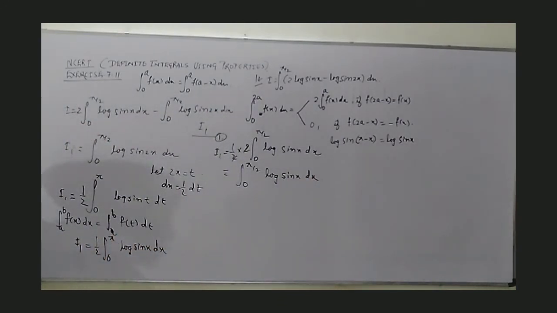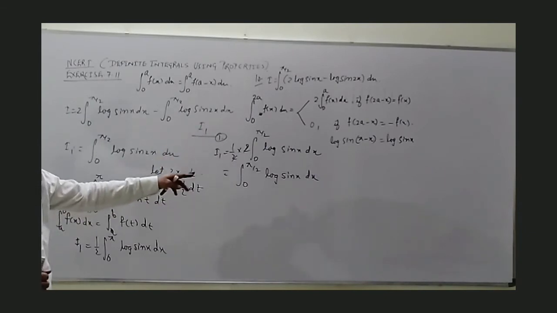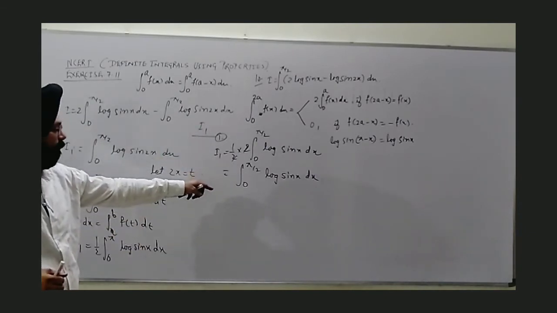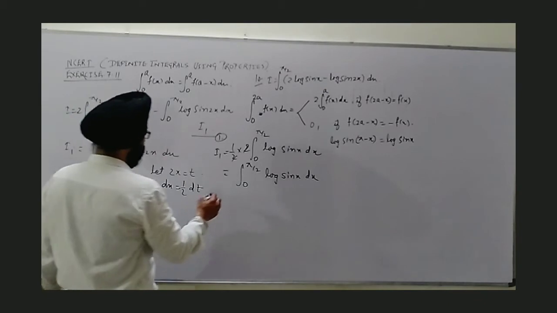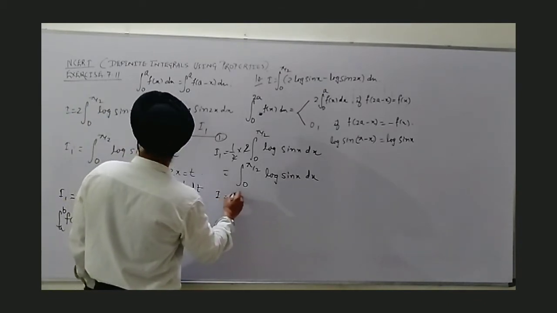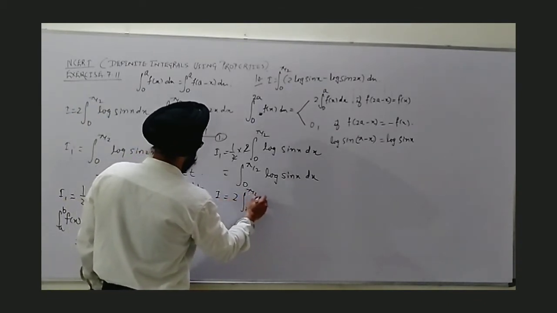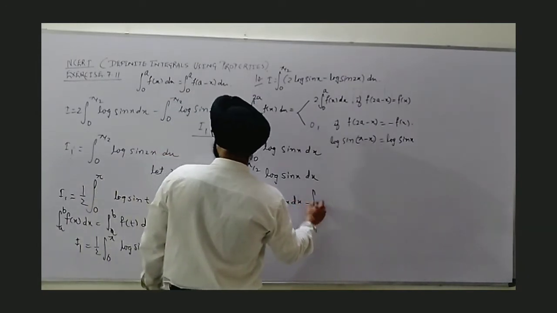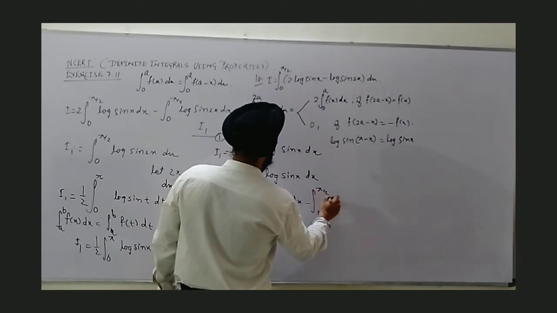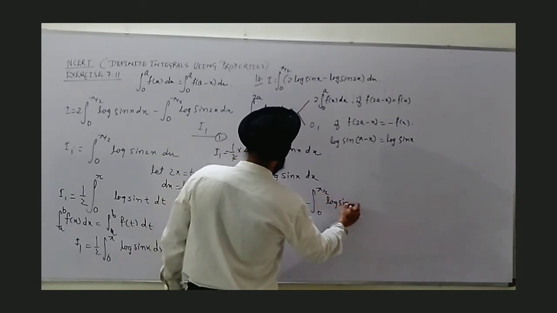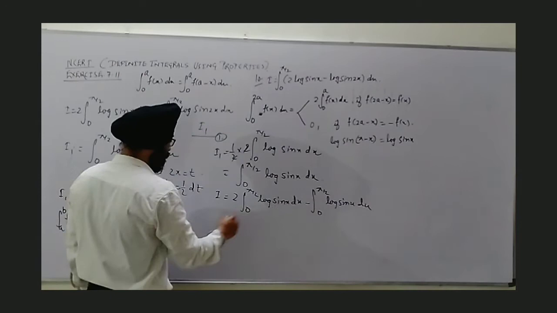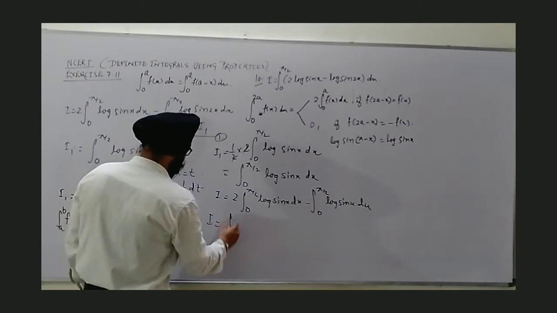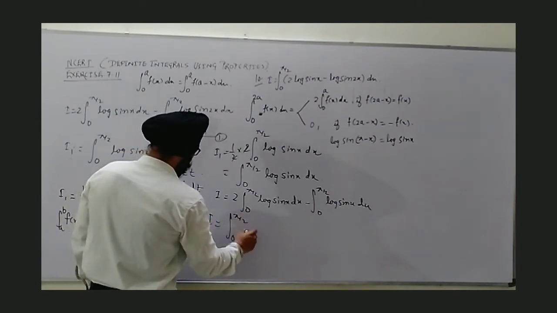I hope you understand. Here I have applied these properties frequently. Here was the first one, where I have used property number 6. Using them, now suppose I put the value of this I1 here as 1. So I can be written as 2 integral 0 to pi by 2 log sin x dx minus integral 0 to pi by 2 log sin x dx. They are the same integrals, so we finally get I as integral 0 to pi by 2